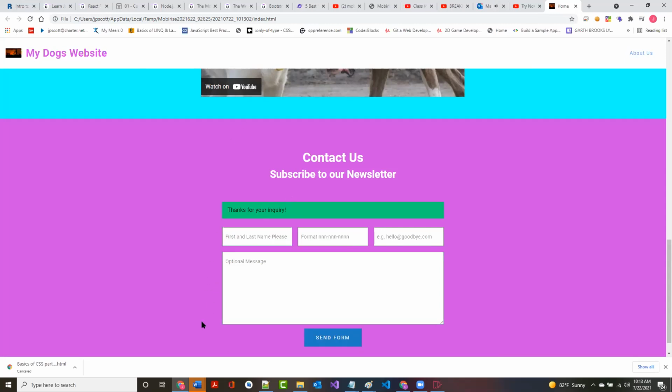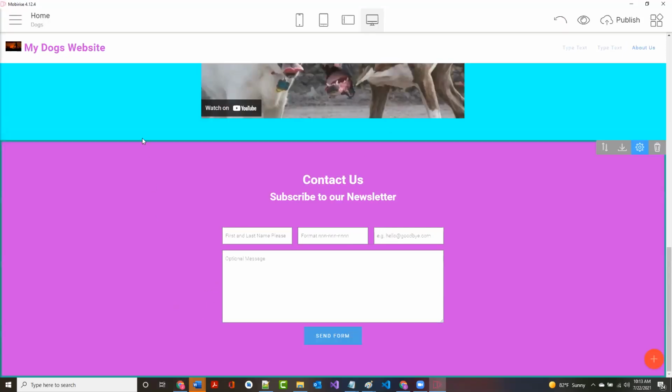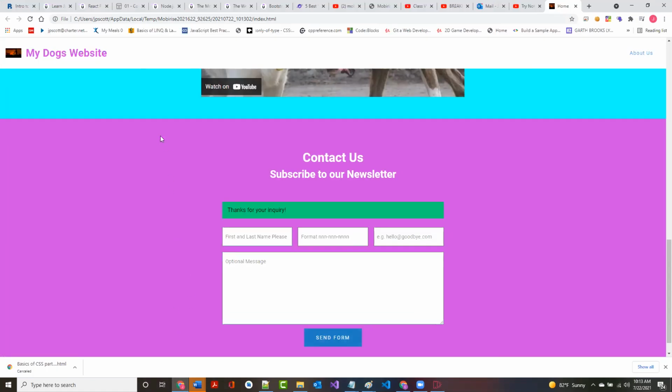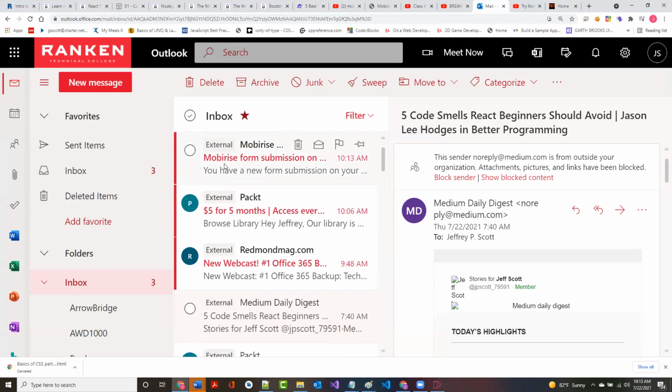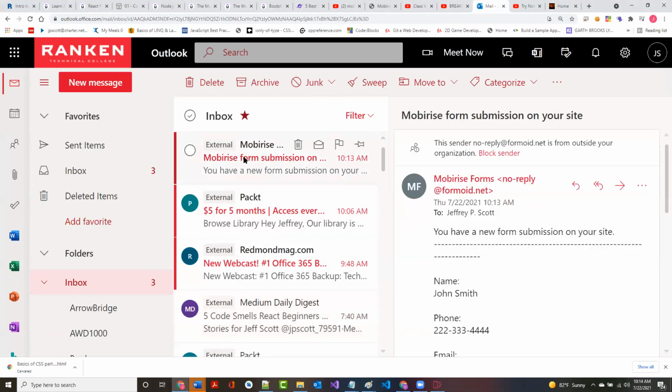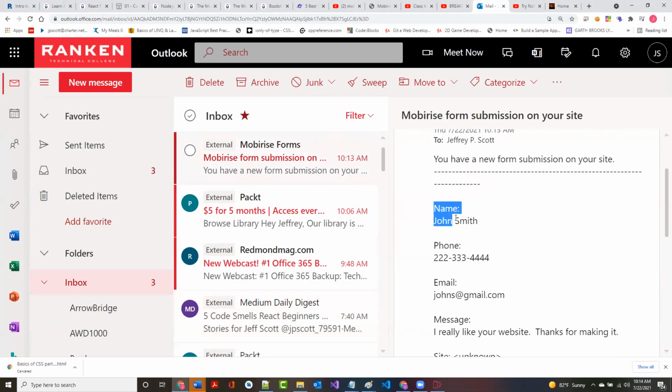Now you may or may not be able to see this, but I just got a beep. I don't know if I can go back and show you this, but I'm going to try right now. I'm going to see if I can do a new share on right here. And it says Mobilize Forms just gave me a submission. Name John Smith.